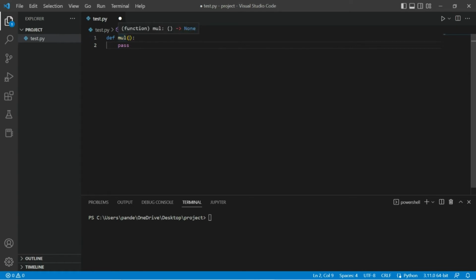We can give variable parameters within this parenthesis. For example, we are going to give two parameters in this example, x comma y, and instead of doing pass, we are going to return